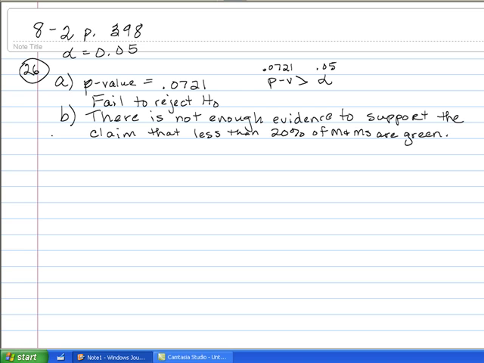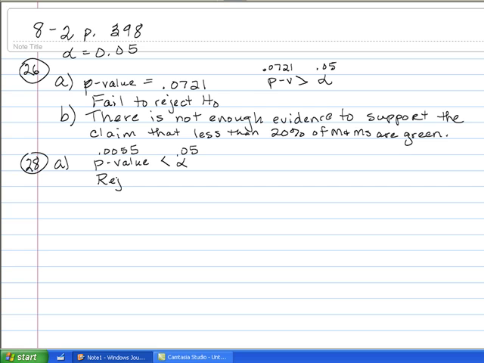Okay, let's try one more of these. All right, 28. The original claim is that women have heights with a standard deviation equal to 5.00. The hypothesis test results in a p-value of 0.0055. Okay, so in this one we see our p-value is less than alpha. We have 0.05 for alpha. We have 0.0055 for our p-value. So we're going to reject